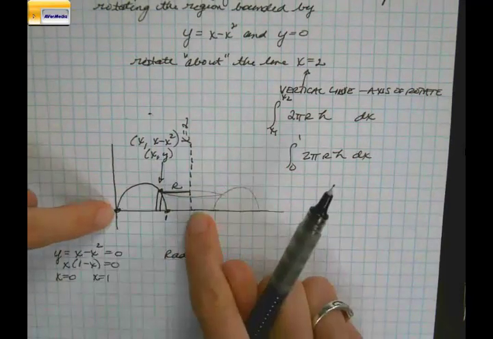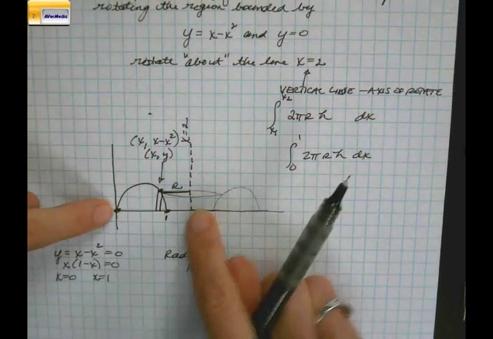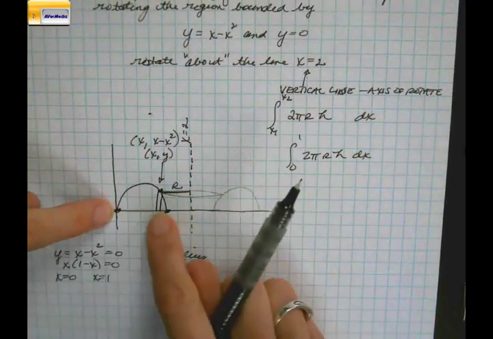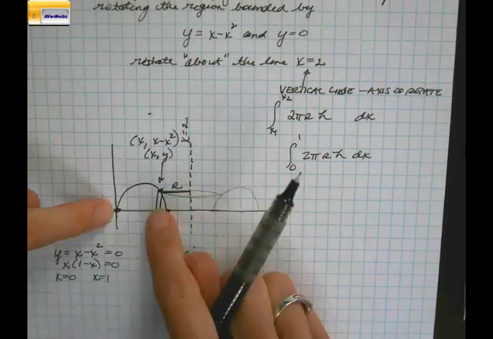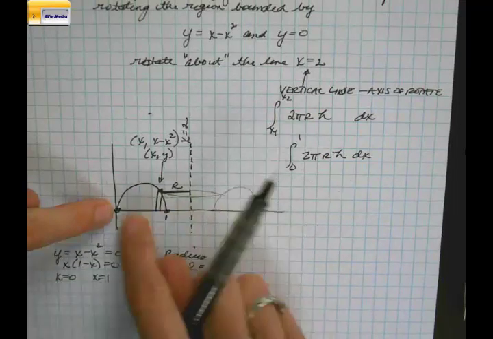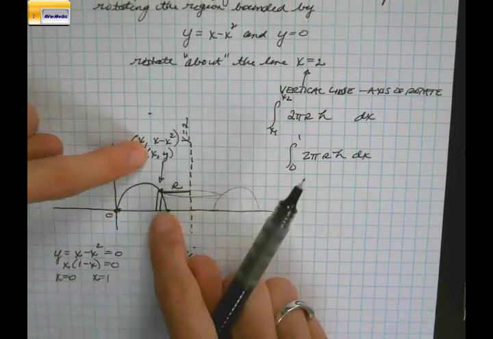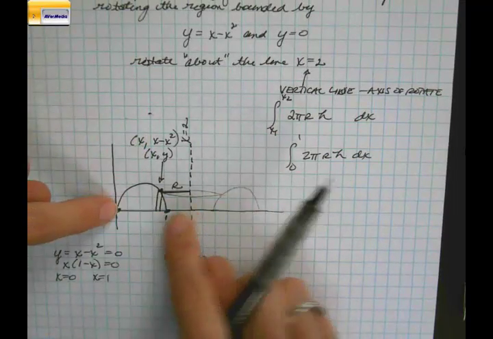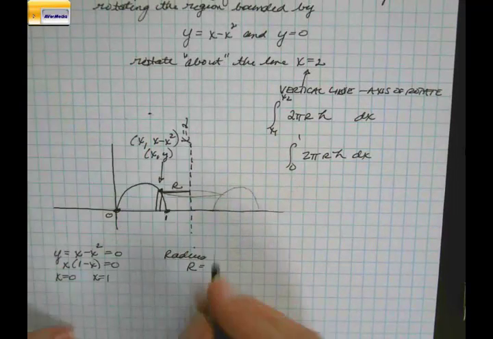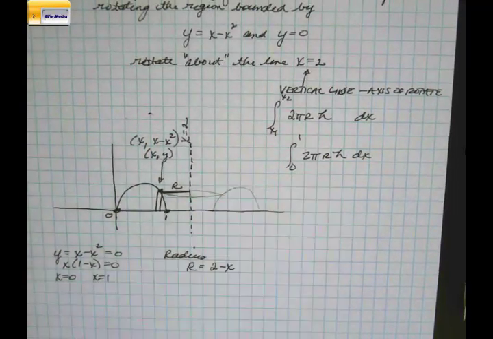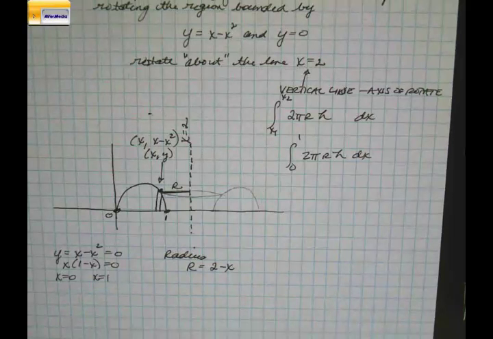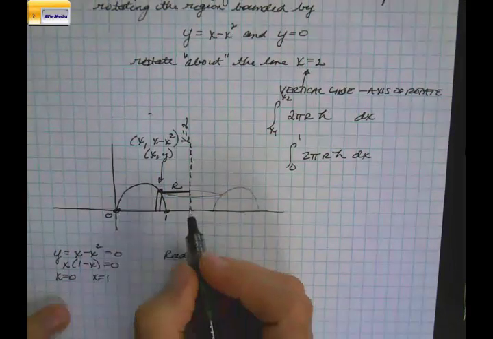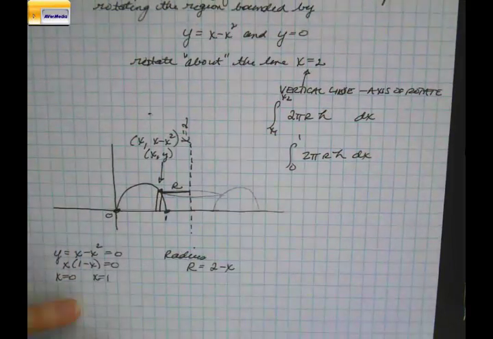The long region, all the way across, is 2. Subtract this region, the whole minus the part. The whole is 2, and the part is the x value of the point along the curve. The whole is 2, and the part is the x. So the radius is 2 minus x. So when you come off of rotating around the y-axis, your radius value is going to differ. Now we've got to talk about the height